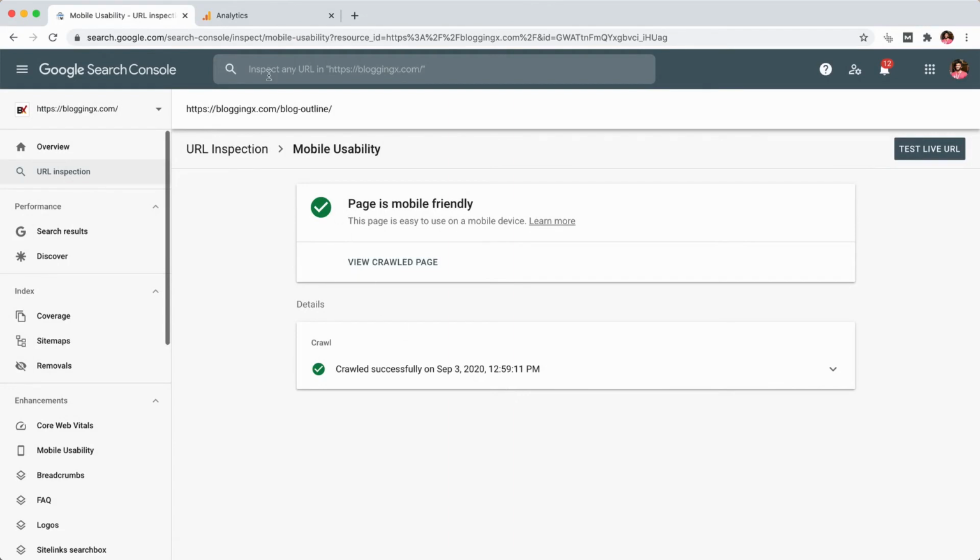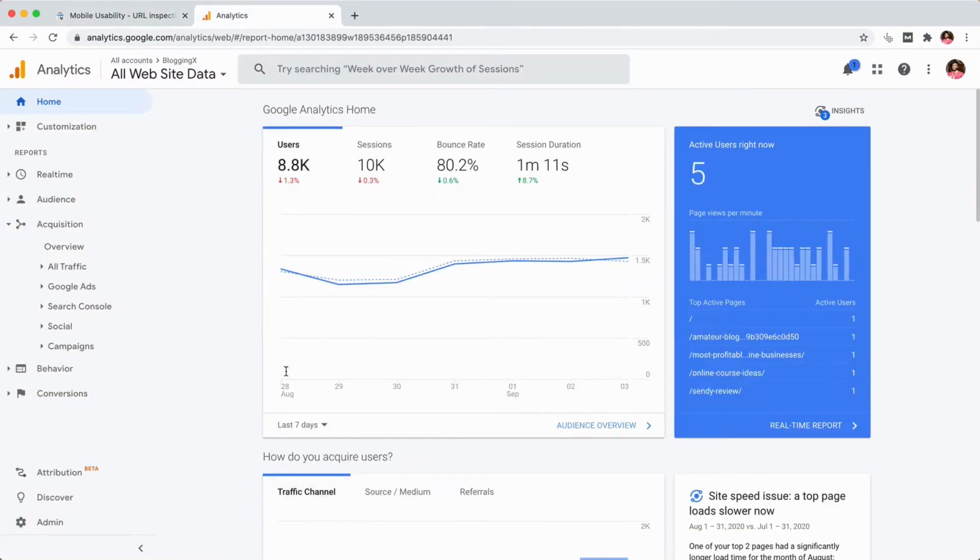And the next one is Google Analytics. This is the most important tool that you will be keeping an eye on. Okay, so this tool helps you to know exactly how many people are on your site and how they're browsing, what traffic you have received over time, how long they have stayed on your pages, and much more, right? So here you can see there are 6 active users right now on Blogging X. That's really good.